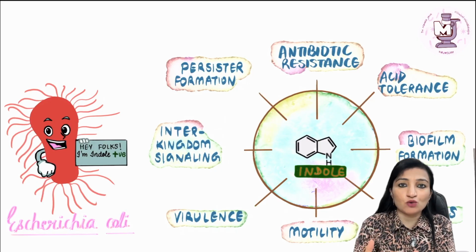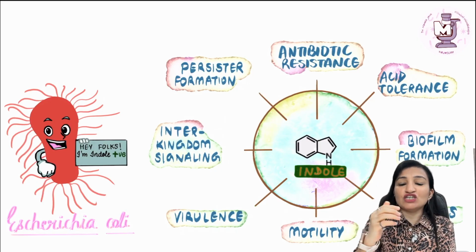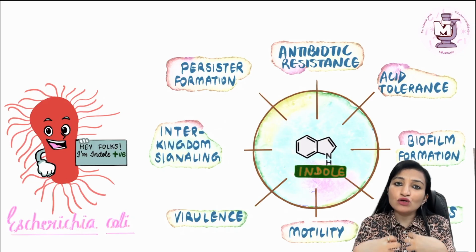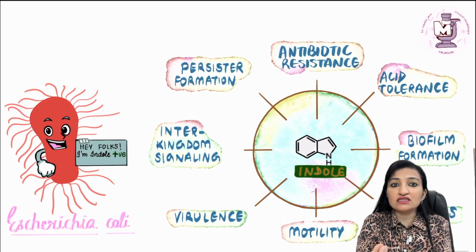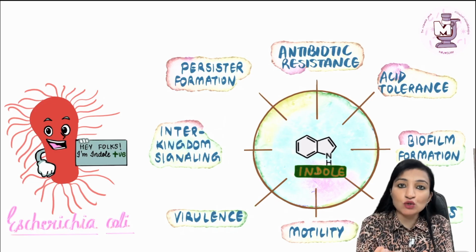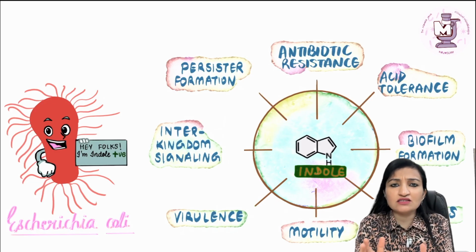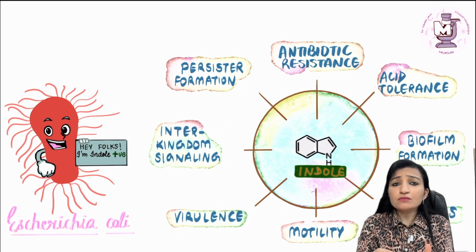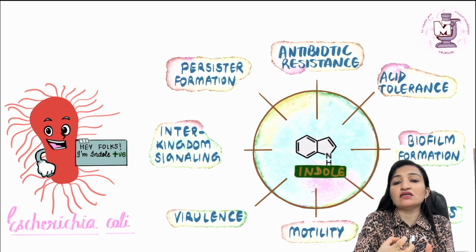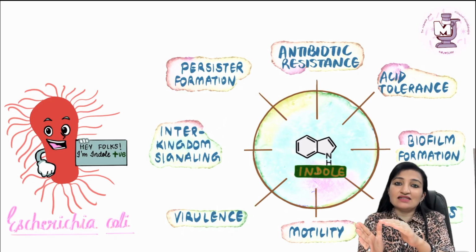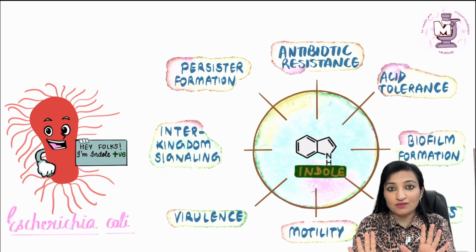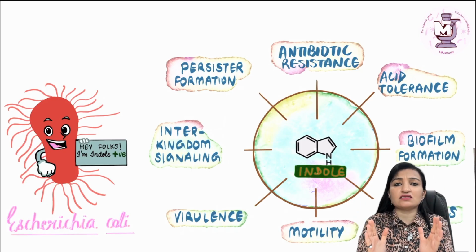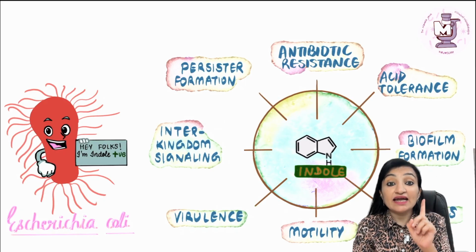Now why does this happen? These bacterial cells referred to as persister cells, which show tolerance to antibiotics, are forced to become non-dividing or dormant cells as a result of certain triggers. For instance, the presence of antibiotics, depletion of nutrients, oxidative stress, and there are other stressors also. You need not go into details. And what happens is once the stressful factor is removed, these persister cells revert back to their original antibiotic susceptible state. Okay, so please remember these basics about persister formation and interkingdom signaling.